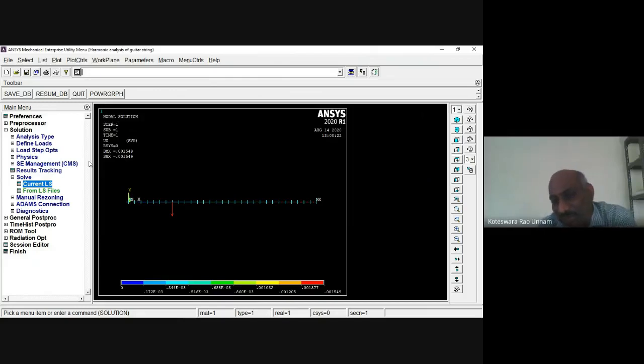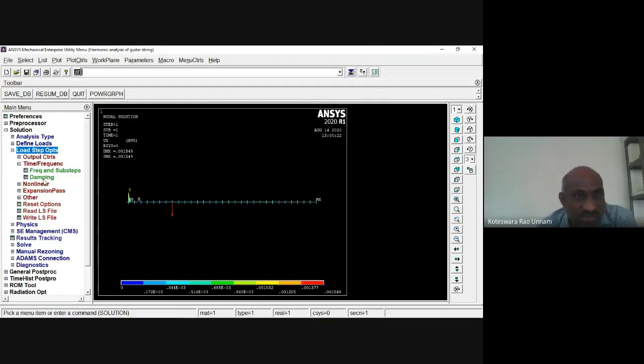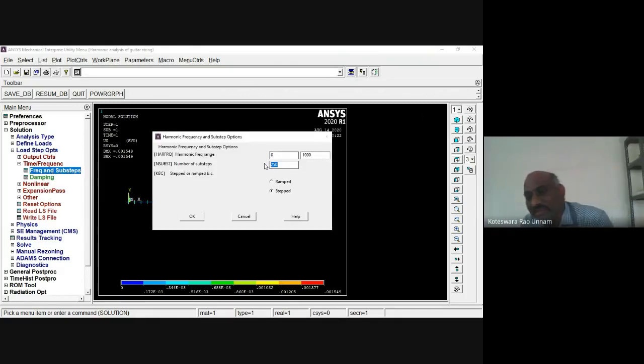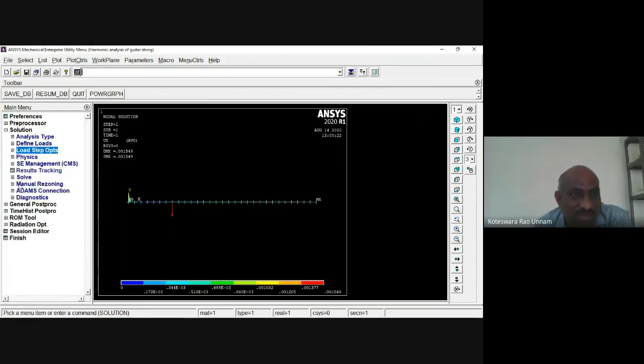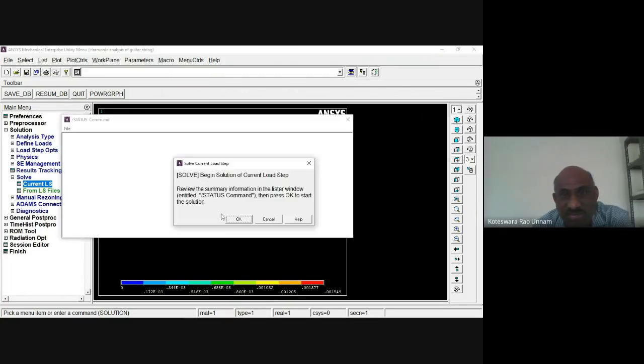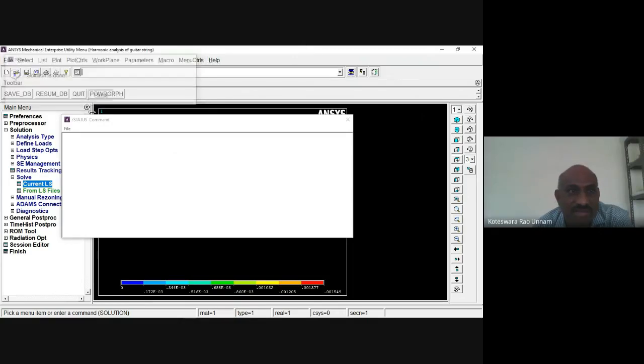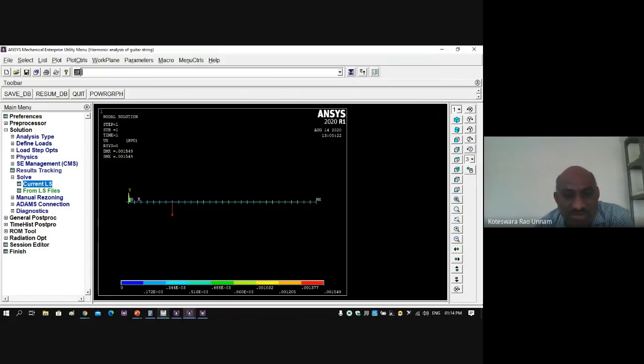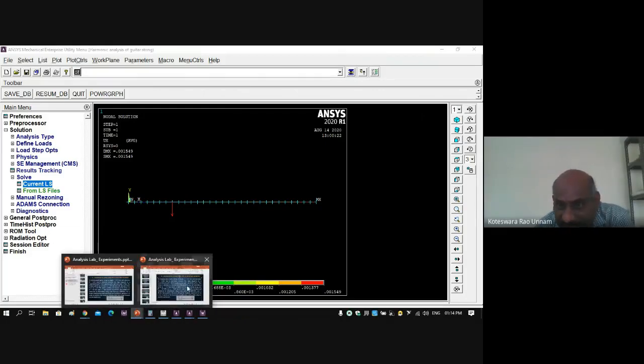If you increase the number of substeps, you can also see the effect. Earlier we gave it as 250, right? Now I'll increase this to, let us say, 750. Even for 750, because the number of nodes is small, it won't take much time. It will solve very quickly. See, it is done. Okay, right. So we have computed the solution. Now what did he ask in this?